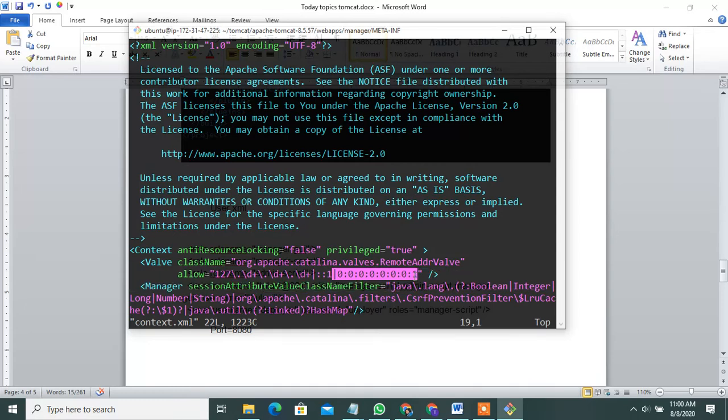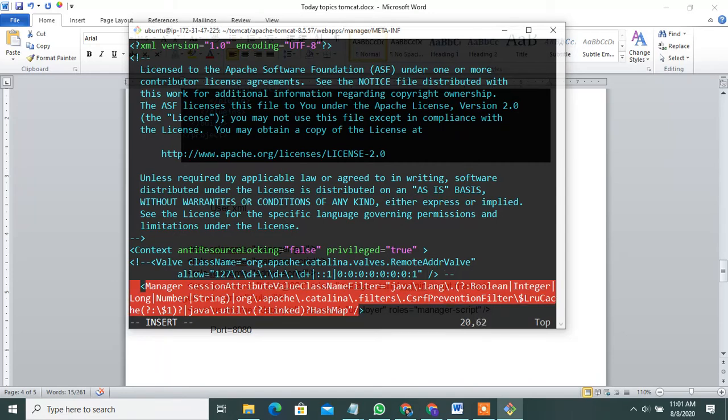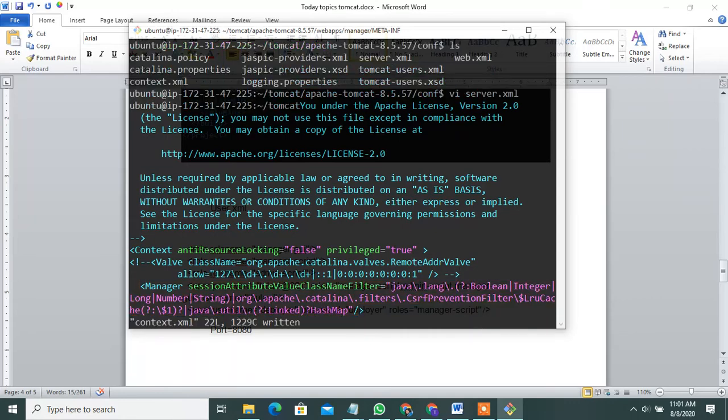This IP address restriction is not required, so you can remove it. Go into insert mode, comment it out with the exclamation mark and hyphens. It's done. Once you can, save it.